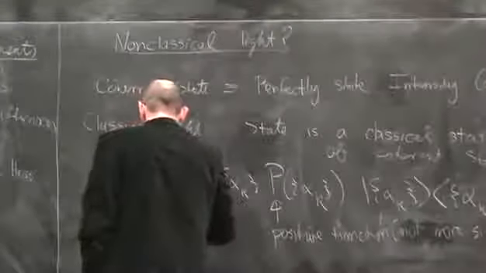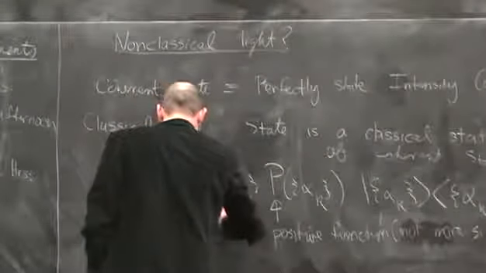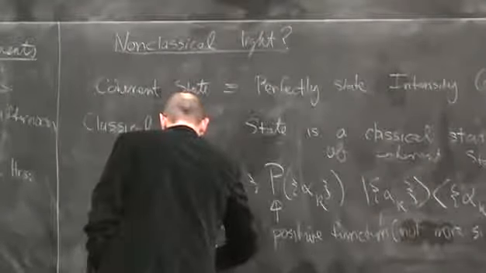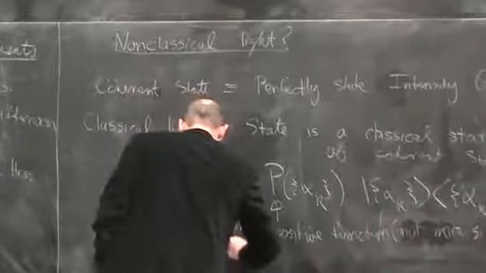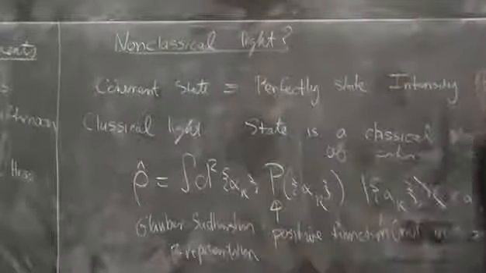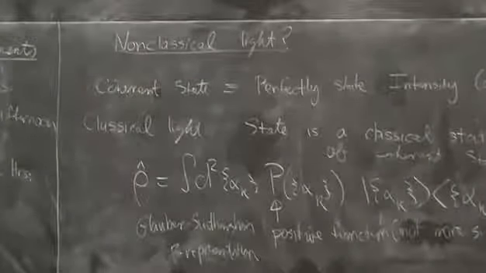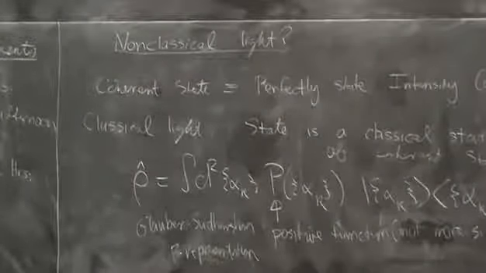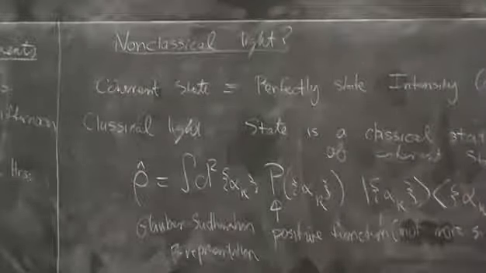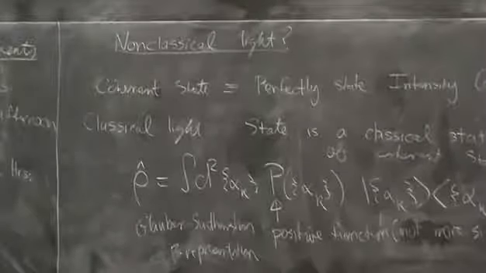Remember, this particular distribution is known as the Glauber-Sudarshan P representation. We'll be talking soon about other kinds of representations like the Wigner function and the Husimi function and their relations to one another. If we have a P representation of the state, then we calculate expectation values by normal order.